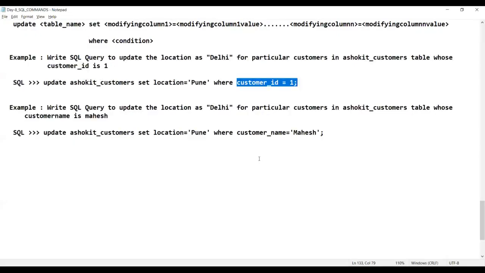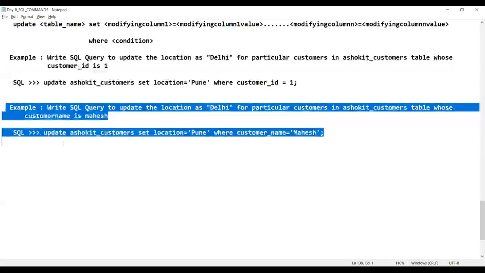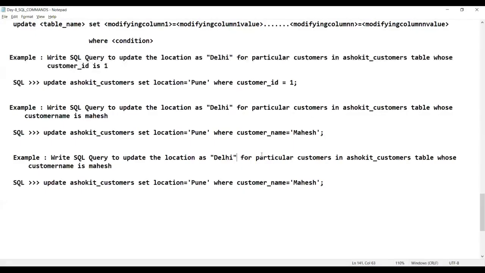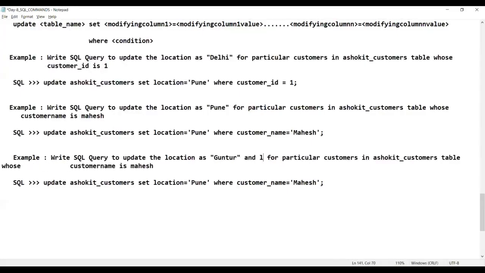Right now, I'm just modifying the location, sir. If I want to modify the location as well as the age of the particular customer, you can do that. You just need to add one more column. Location as Delhi, location as Pune, something like location as Guntur. And the age I would like to update as